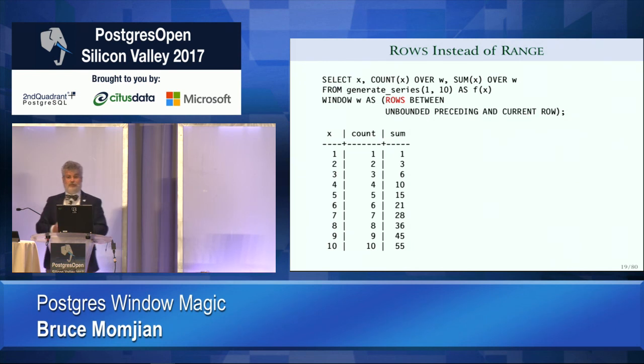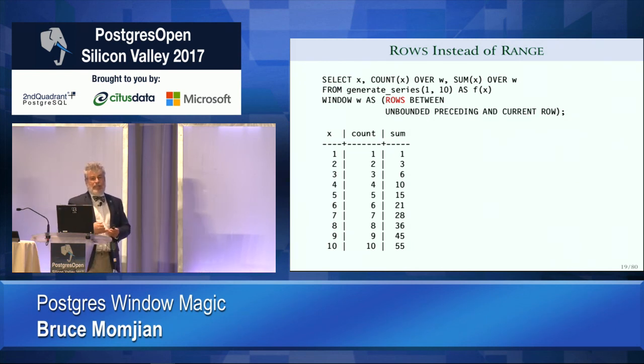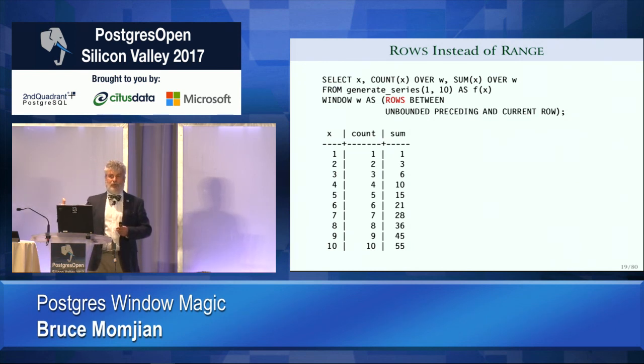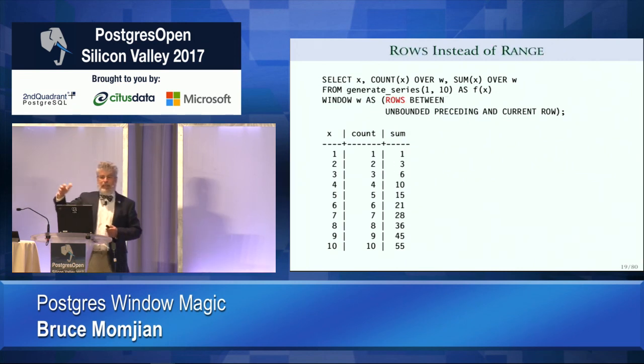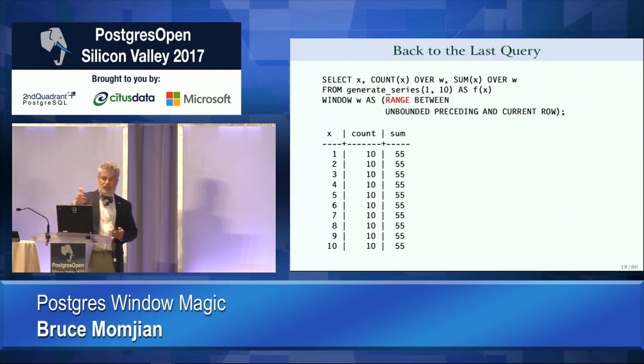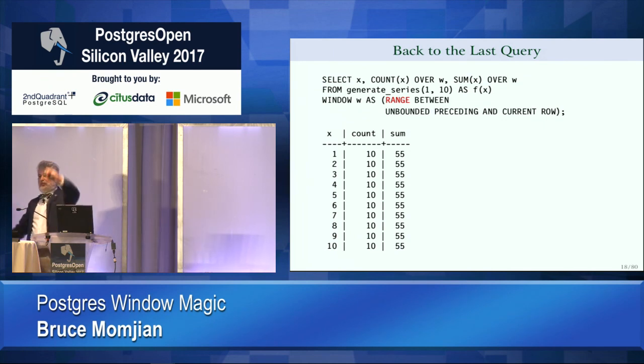As soon as I go into rows mode, things become different. I now get an accumulated total of this data set. So the 1 is the 1. The 3 is the 2 and the 1. The 6 is the 1, the 2, and the 3. The 10 is the 1, the 2, the 3, and the 4. You see how I'm working all the way down there. Just by going from range mode to rows mode, now current row actually does mean the current row. It doesn't go all the way to the end. So the reason this is 55 is that in range mode, because we haven't used an order by, it's effectively just going to sum the whole thing.